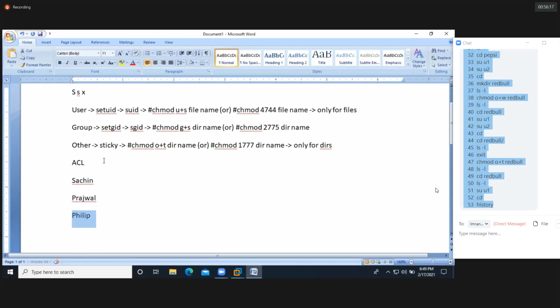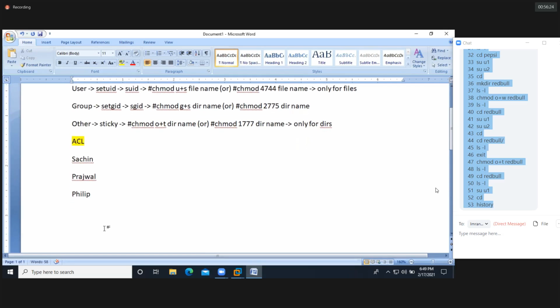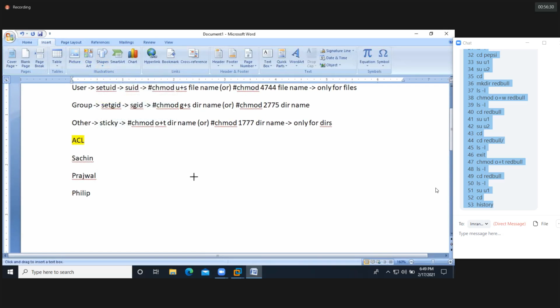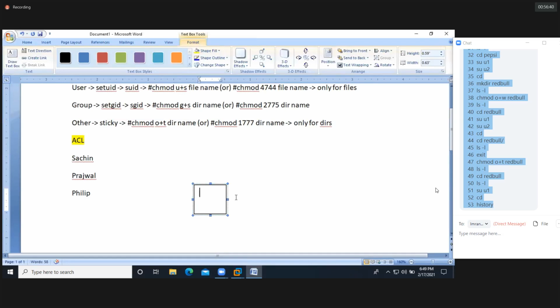So we are doing ACLs, access control list. And then I am creating one directory with the help of the root user. It's one directory. You can give any name, Pepsi or whatever it may be.